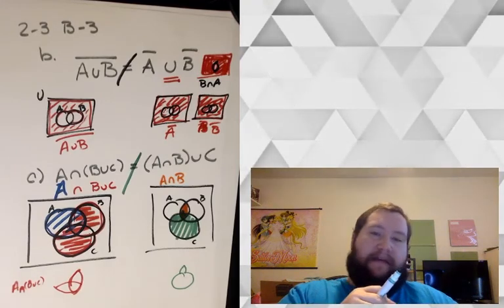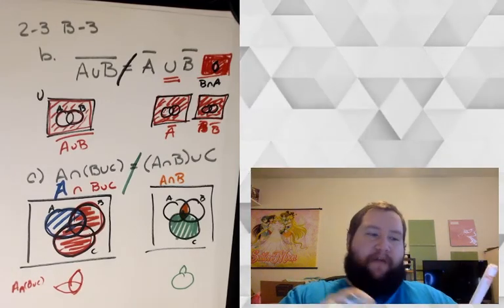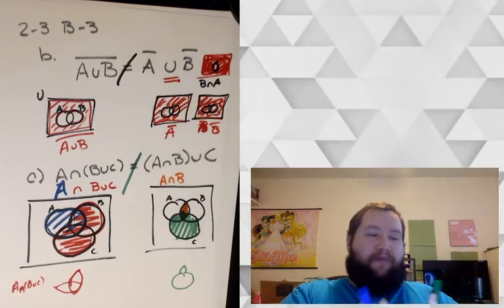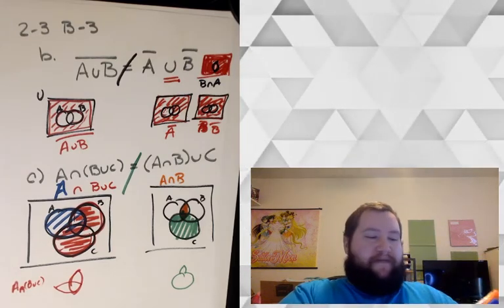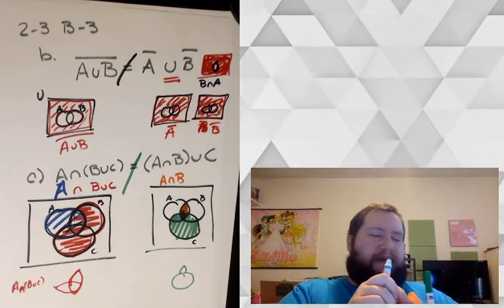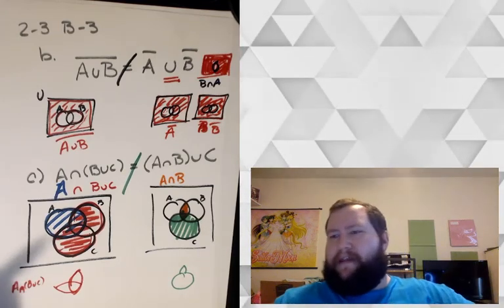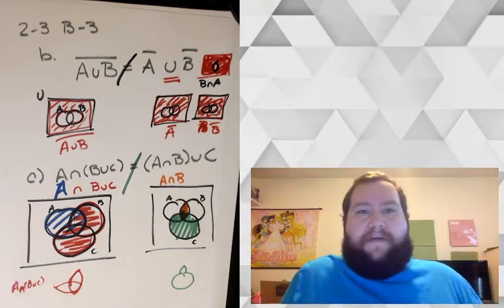So that, I think, should help get you on the right track. I had originally planned to include more of this Venn diagram stuff when we were talking about sets, but I don't remember. I think we ended up spending more time on something else, and I didn't have a chance to go back. And so